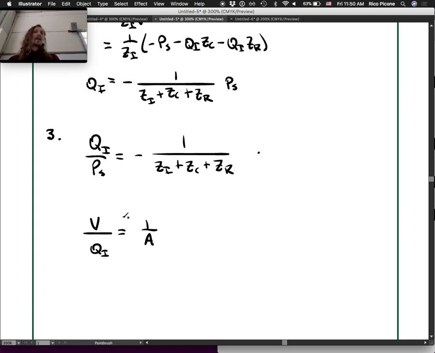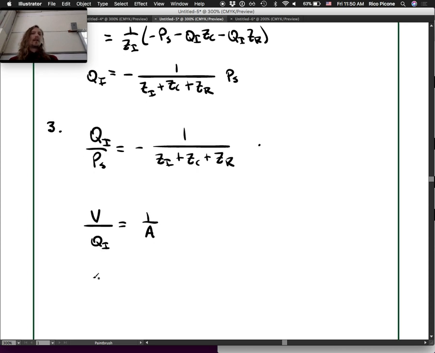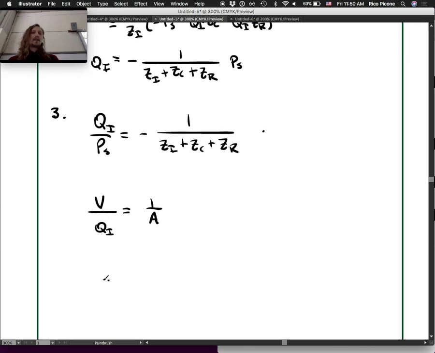So we need to multiply our result by this, which is to say, QI over PS times V over QI gives us what we want. So QI's cancel, and we get V over PS, our transfer function from the pressure of the pump,